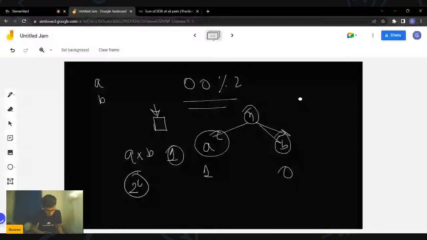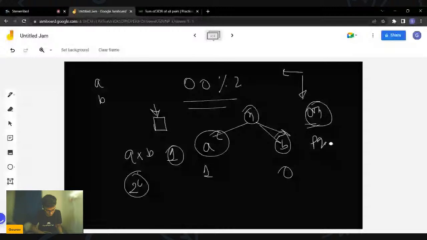So let us say that you are starting from the zeroth bit. On the zeroth bit, you calculate the number of numbers having the zeroth bit set, and the number of numbers having the zeroth bit unset. Let's say you call them P and Q. So now what will happen? You will multiply P and Q because that will be the number of pairs that are possible. And since you are standing at the zeroth bit, that will contribute 2 to the power 0 to the actual answer.